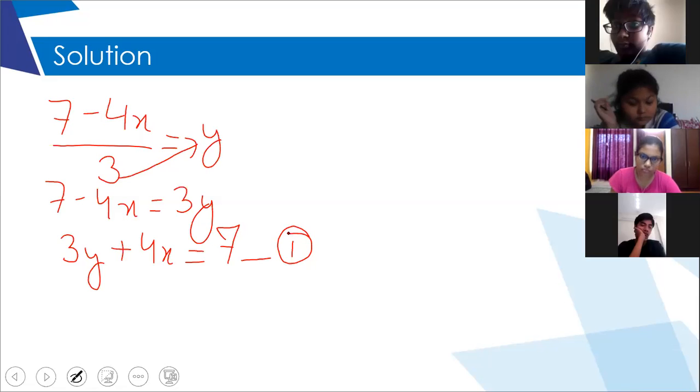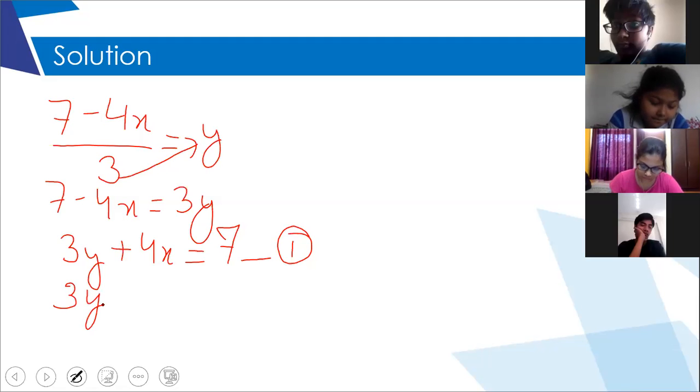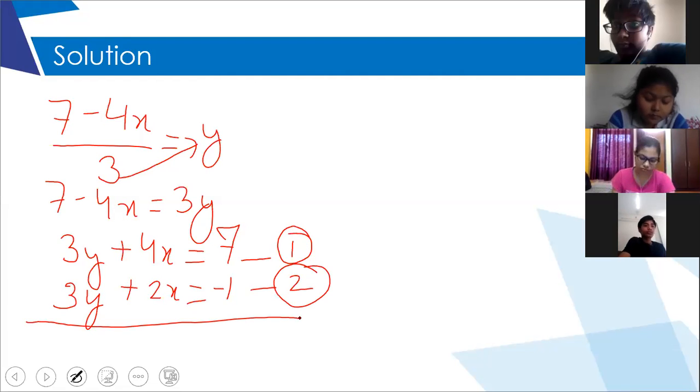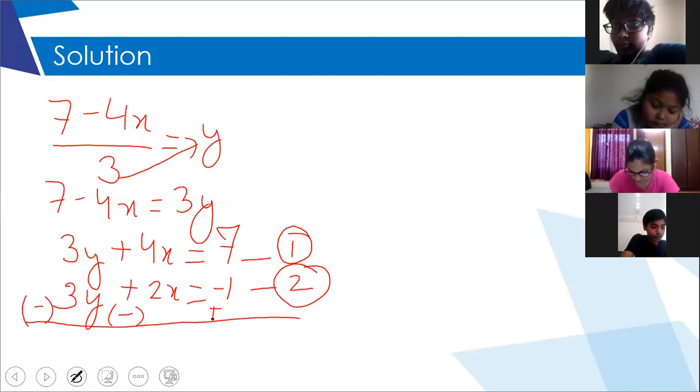And your second equation is 2x plus 3y. So 3y I will write first. You can take any of the variable in the first place, not an issue. No changes, only you have to transpose one to the other side. Here all the three terms are given on the one side and the other side was 0. So I took my number to the other side. Now I will simply subtract. So minus, minus, and this becomes plus.